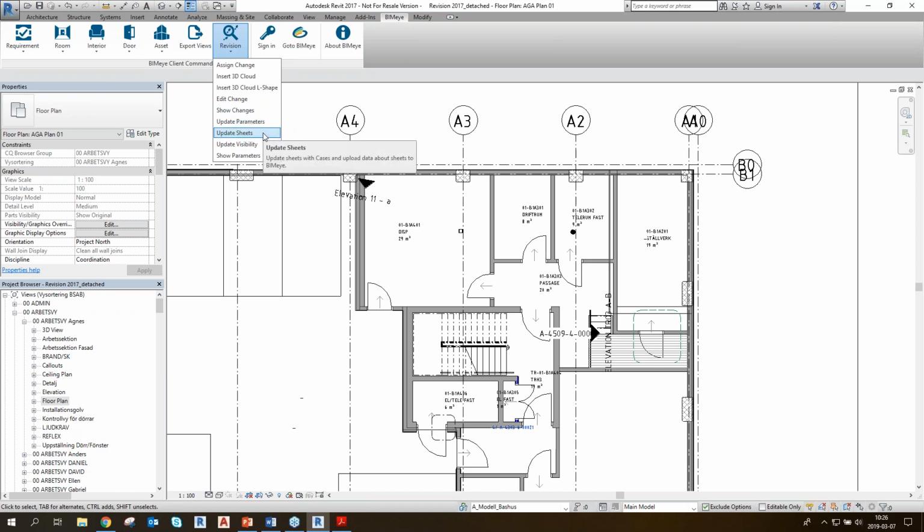And when I'm done with all of that, I can also update my sheets, so that I can see what kind of changes I did and where all the changes are. I'm going to show you all this in a few minutes. So we're going to start with the first one here. We're going to click on the revision button. I'm going to go to assign change,